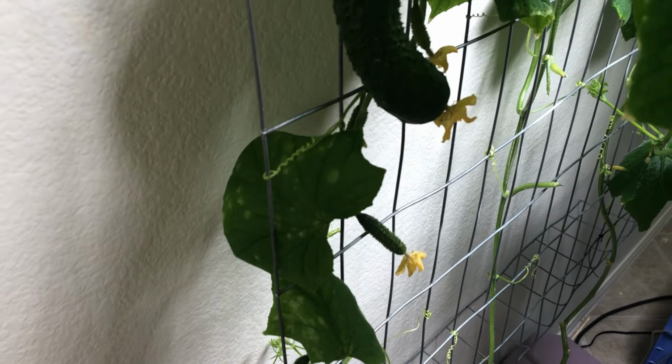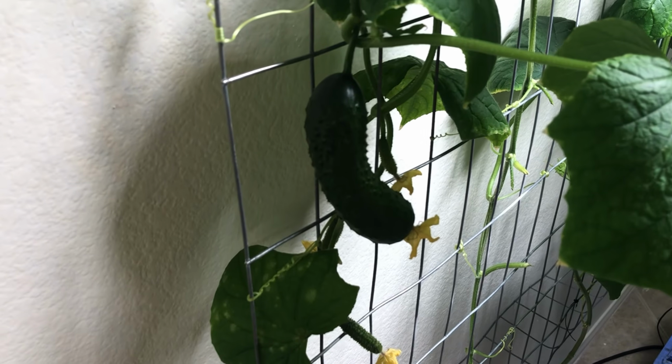I'm gonna let this cucumber plant go a couple more weeks and see if I can get a couple more